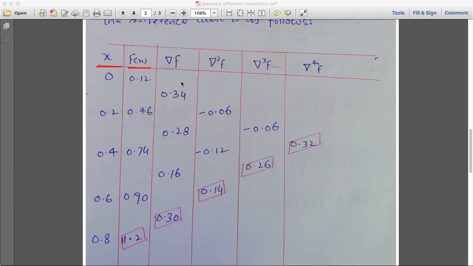After that, we will find inverted delta f. Okay, और वो कैसे आएगा? We know 0.46 minus 0.12 is equal to 0.34 आ जाएगा. Similarly 0.74 minus 0.46, 0.2 आ जाएगा. And similarly you can find all other values. Okay,